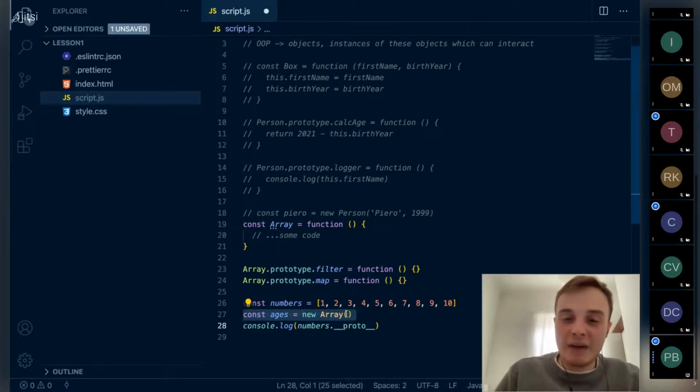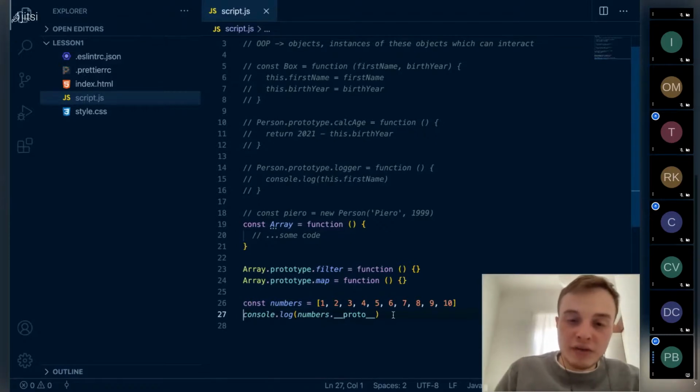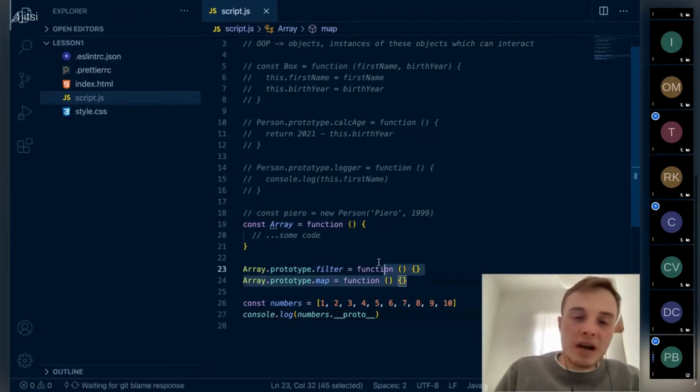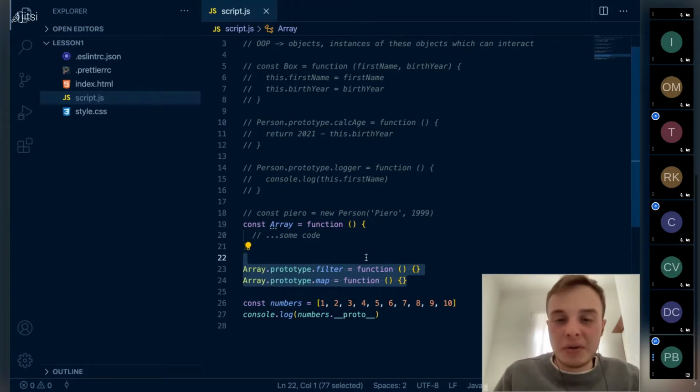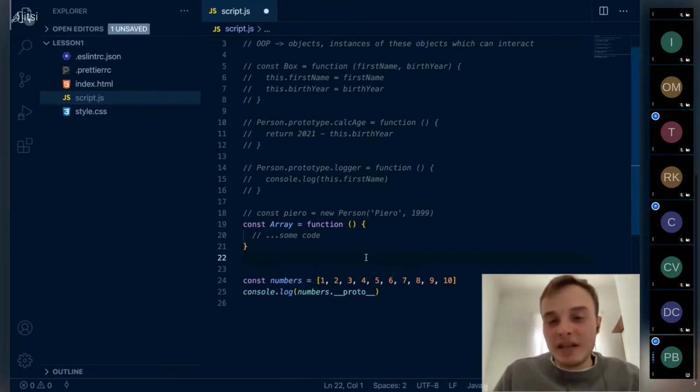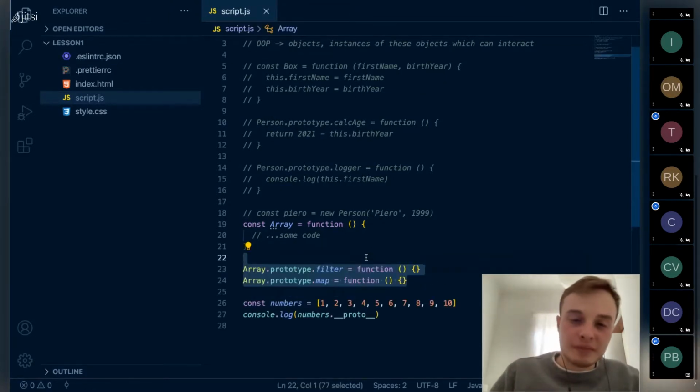This is a perfectly allowed syntax, but JavaScript has some syntactic sugar that allows you to avoid having to do new, like we did with person. So basically this is the equivalent of this. Let's move this. And one other thing that I wanted to mention is that there is a difference between